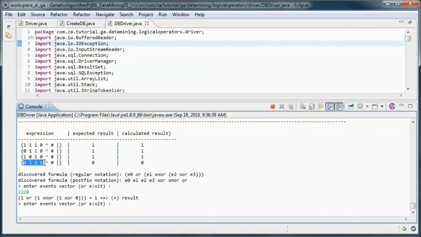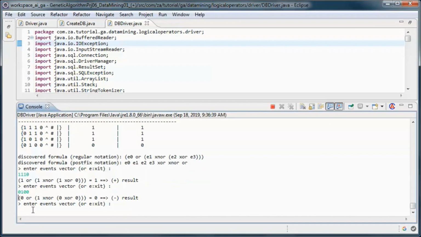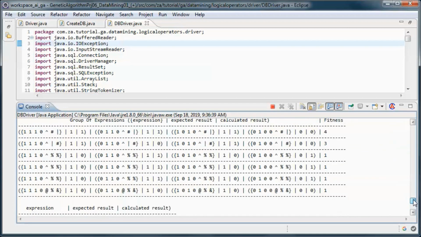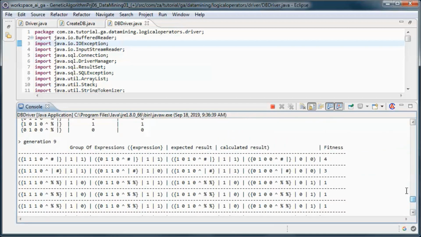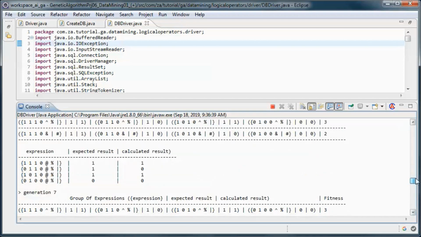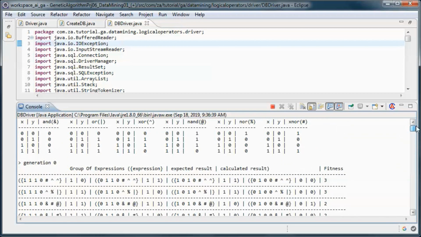And if we try those 4, we should get a negative result. And we arrived at this formula after 9 generations. Started from generation 0.